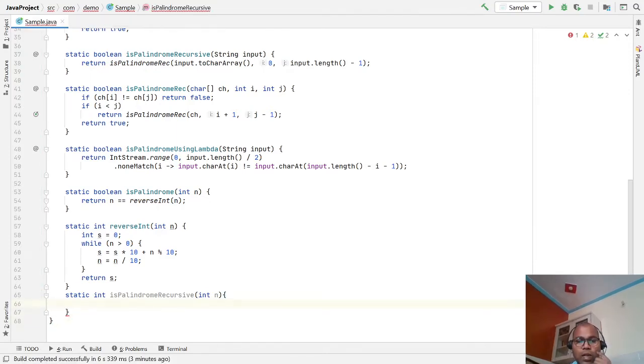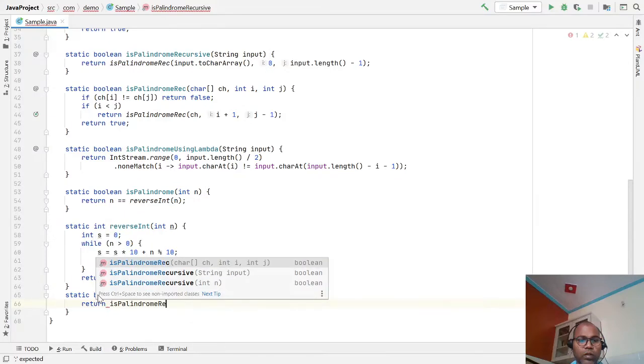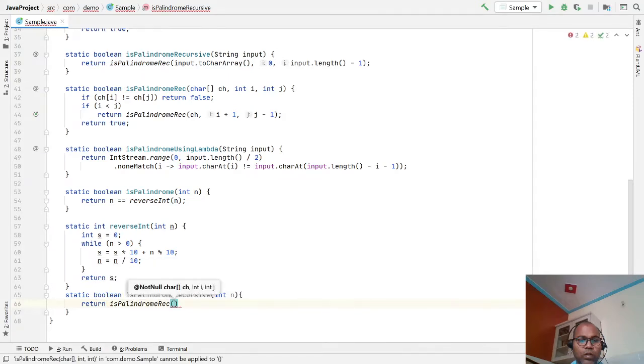I will write a simple return to another boolean isPalindromeRecursive. I give any number here, and we have to pass the sum here.